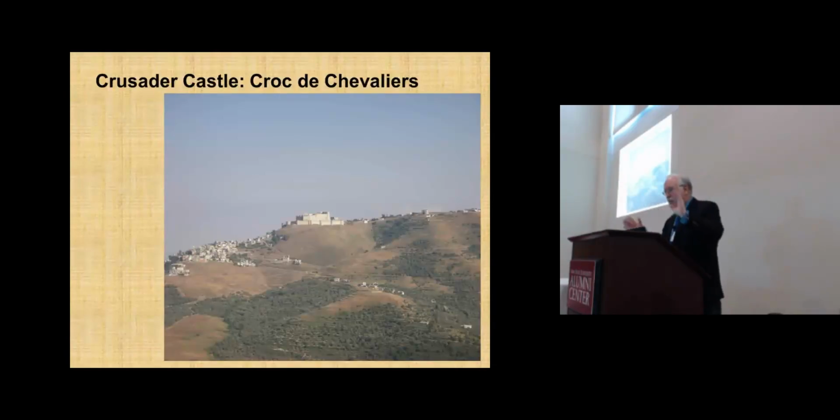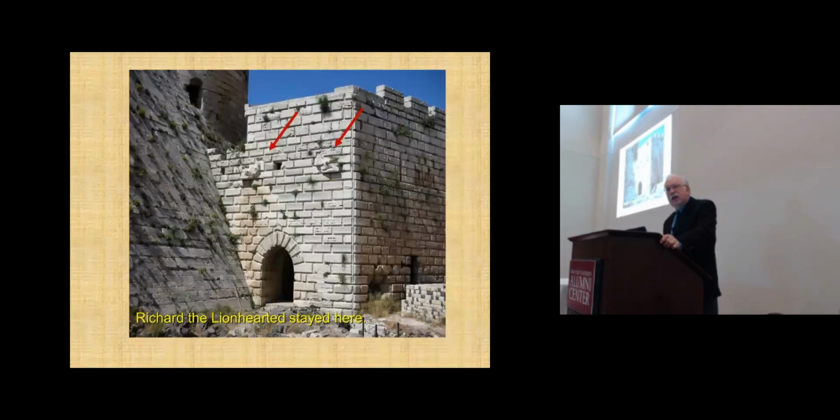And just to put a little perspective here, if you're ever in Syria, this is a Crusader castle, the Crac des Chevaliers. It was captured by Richard the Lionhearted. He built a new entrance on it, and he put two lions up there so everybody knew Richard the Lionhearted had conquered it. Okay.